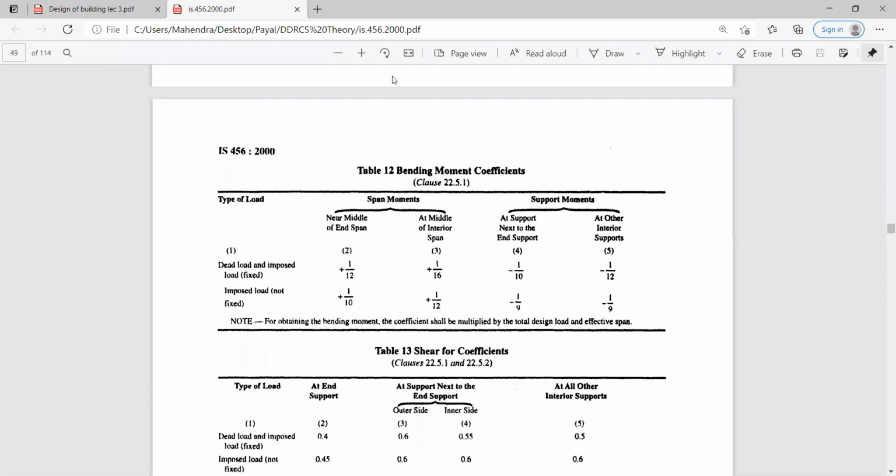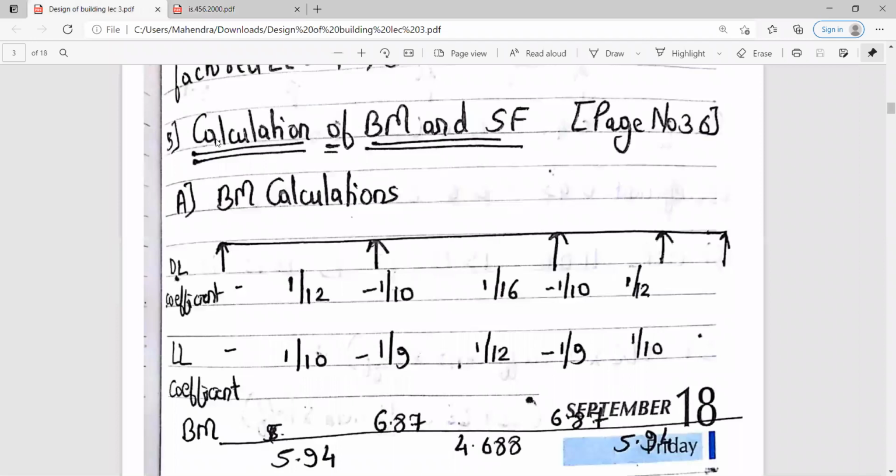First there are the dead load coefficients, and next the live load coefficients for the bending moment calculations. Finally you need to calculate the bending moment.